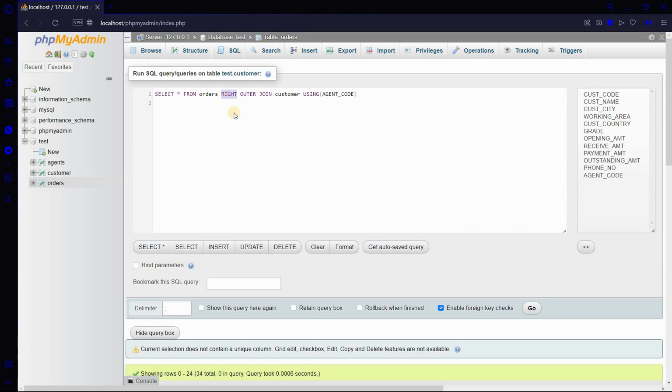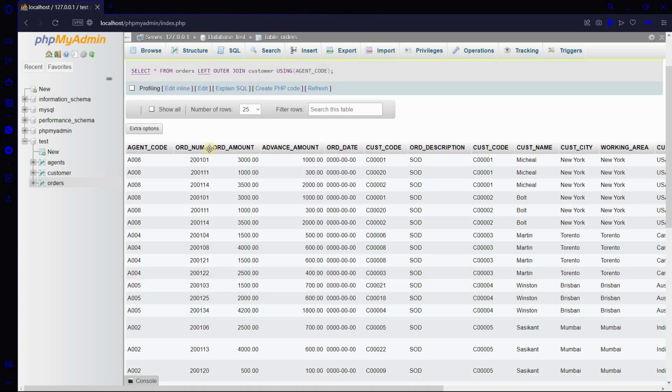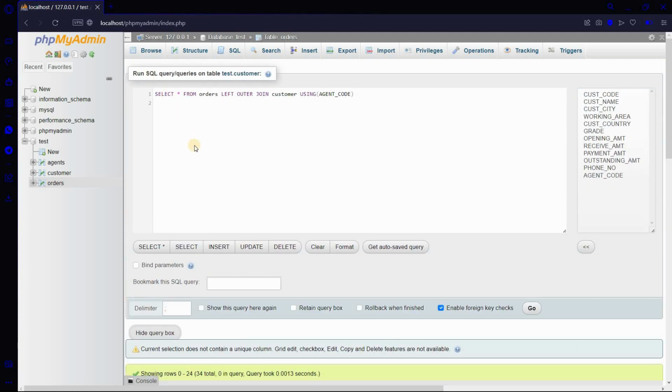Let us see what happens when we replace right with left. You can see that this time the orders table was displayed before the customer table because left outer join is completely opposite of right outer join, which means that data on the left side of the relationship will be displayed before the data on the right side, because left is compared to the right side.